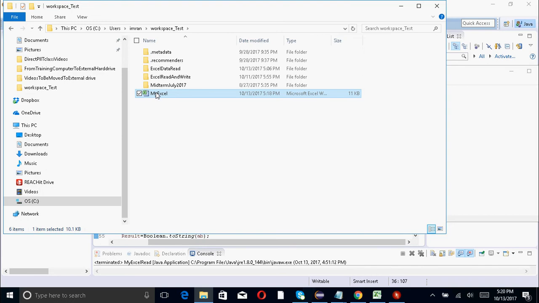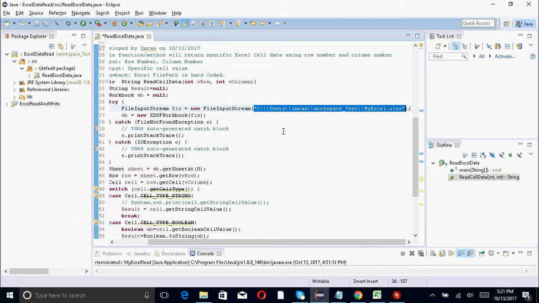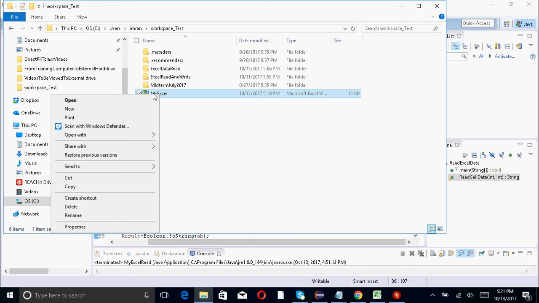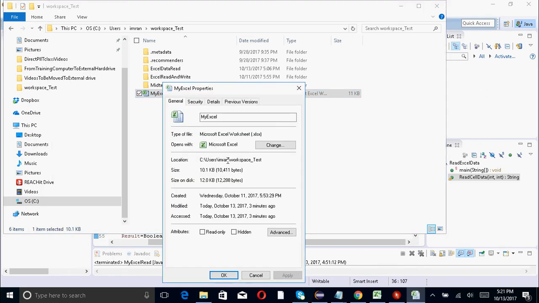This is the file, that's value I will be reading using the method that I created, and in this method I have to provide this string. And how I will get this string? I will right click on this Excel file. I will click on property, and I will copy the entire location,